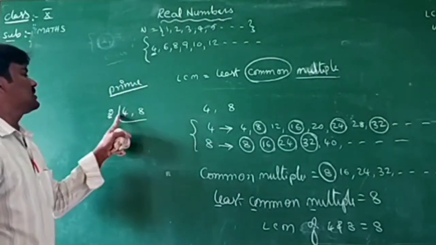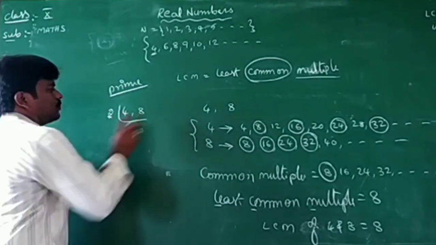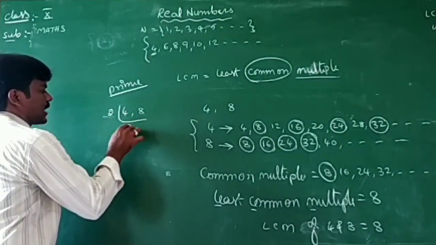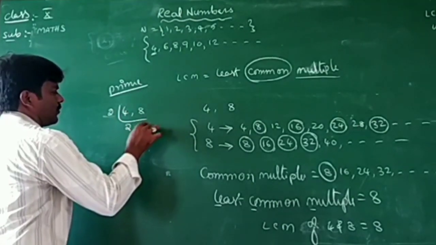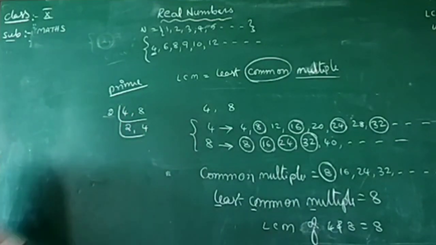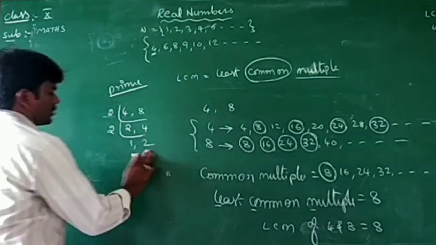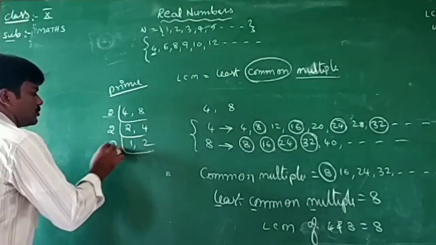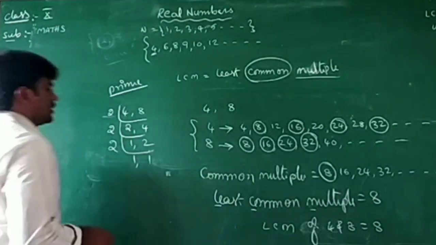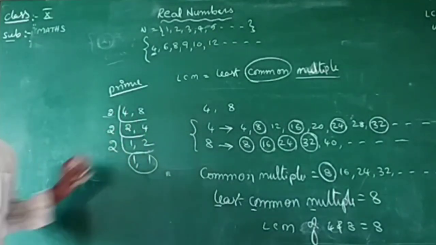So to find the LCM of 4 and 8, we are using the prime factorization. Which prime number divides both 4 and 8? So 2 divides both numbers. How many times? 2 divides 4, 2 times. How many 2s make 8? 4 times. Again find any prime number which divides both numbers. That is again 2. 2 divides 2, 1 time. 2 divides 4, 2 times. Again 2 doesn't divide 1. So bring down the same, and 1 divides 1, 1 time. When we get 1 in the list of numbers, we should stop the factorization.